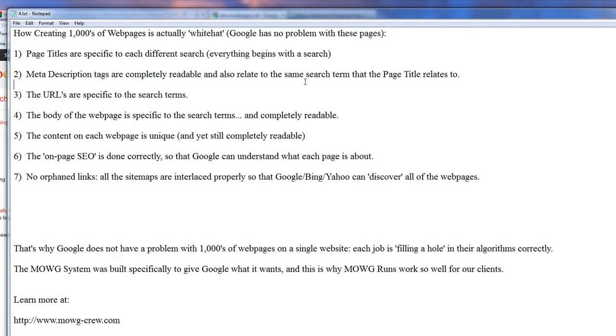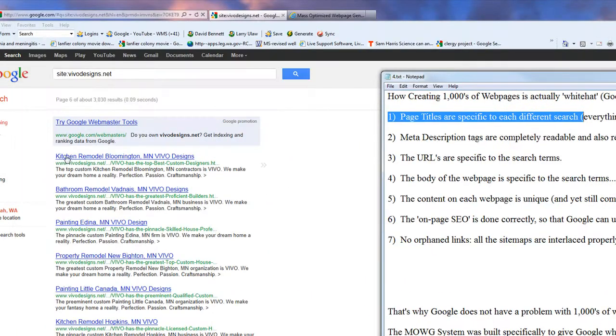If you're an acupuncturist or you're in Bowen therapy or you're a veterinarian in Richland, Michigan, somewhere between Kalamazoo and Battle Creek, yes, you are allowed to have thousands of web pages on your site as long as those pages are aimed at different things, different keyword combinations, different points. They mean something to the viewer. And these are basic rules for it. The page titles are specific to each different keyword search. That's the blueprint.